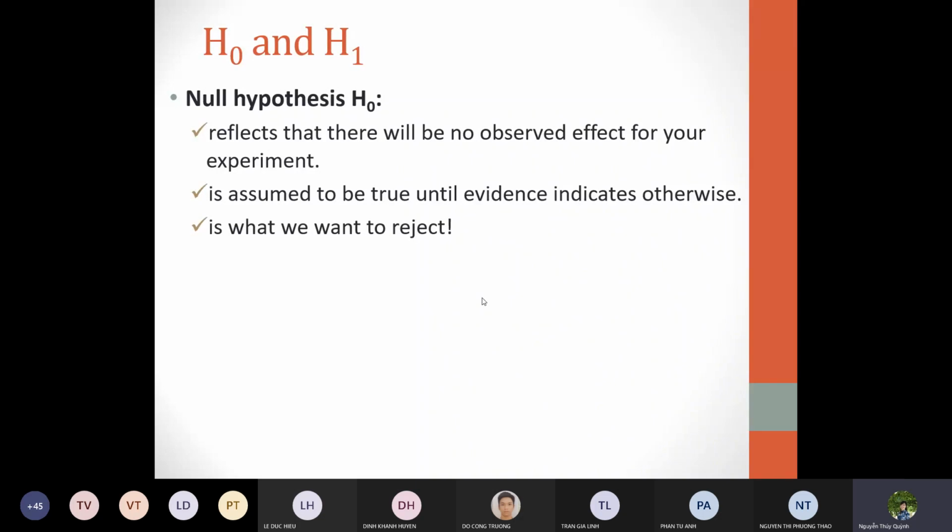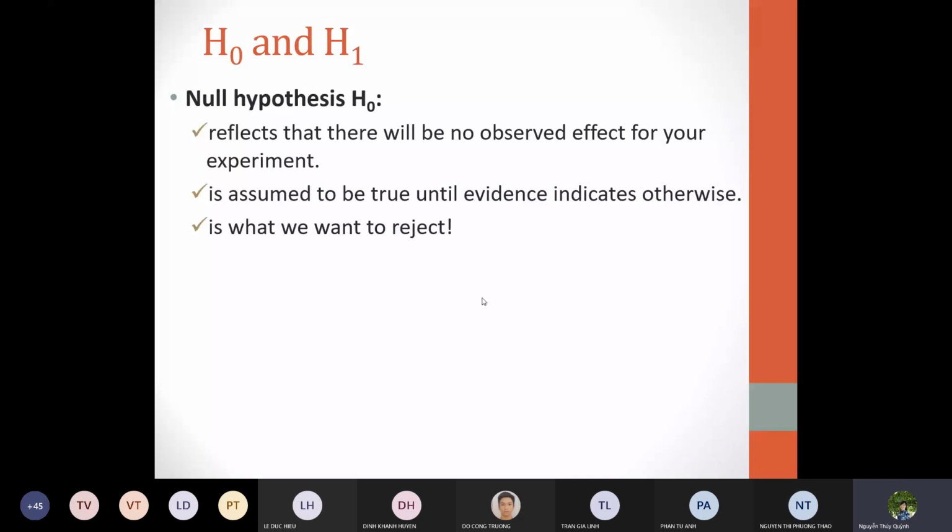Usually when we analyze the sample, when we use the sample to estimate the model, we expect that our sample represents our population. That's why we use the sample statistic to test for the population. But the null hypothesis rejects what we find in the sample. That's why it is what we want to reject. H0 at first is assumed to be true, but we usually want to find the evidence to reject the